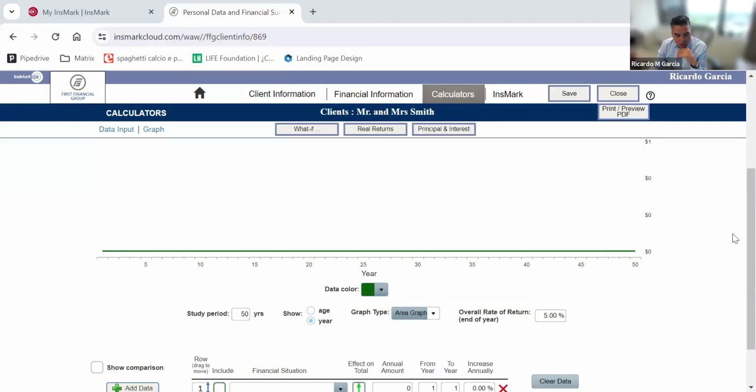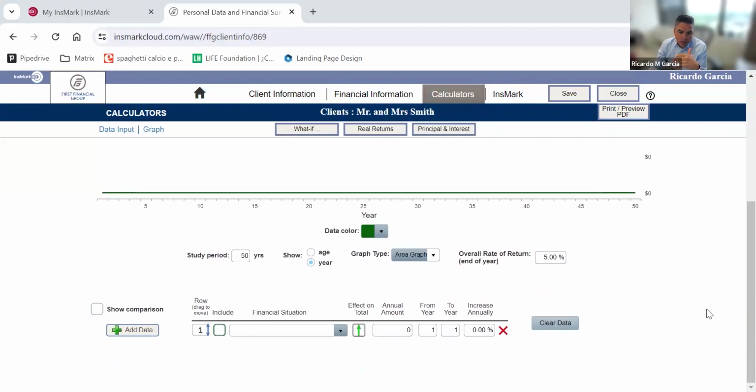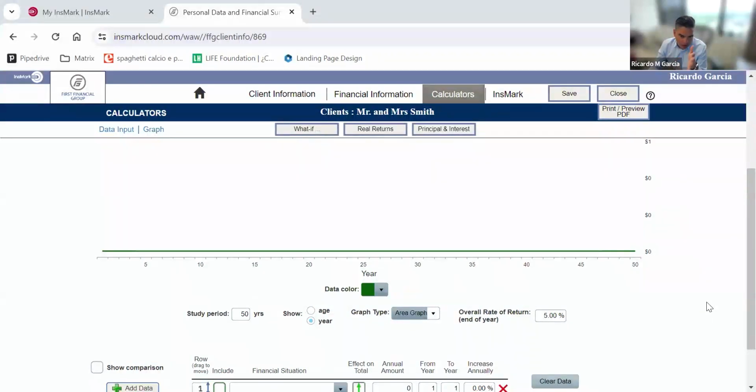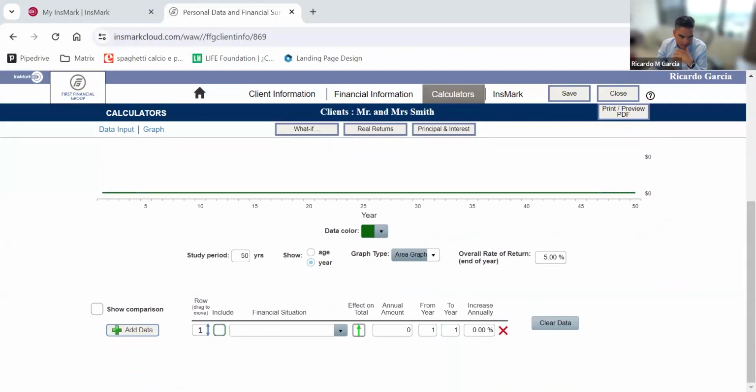All right. So we're going to look at a study period of 50 years for this couple: 25 years working, 25 years into retirement, with an average rate of return of 5% over that 50-year period, minus taxes, minus fees. Now, I'm going to do this very simply just so you can visually see what we do. The first thing we put in here is what we call old money, the balance on their account.